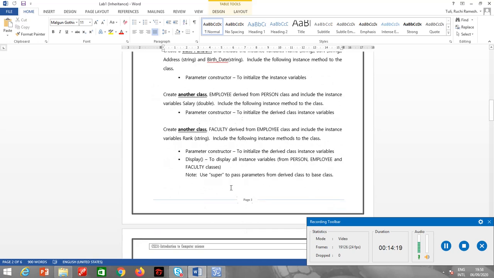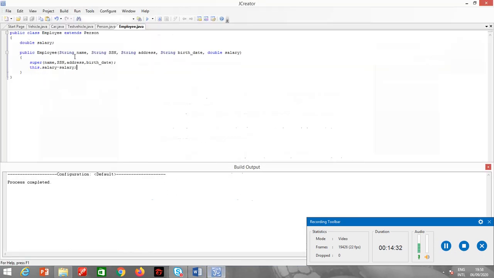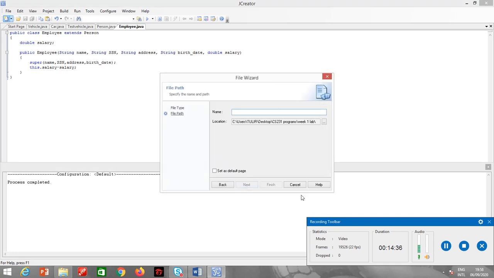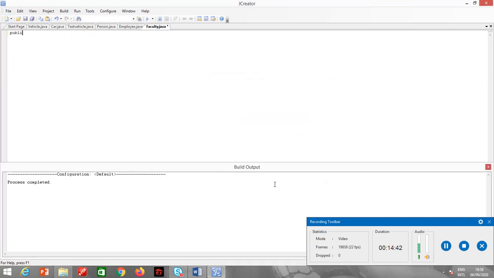Next is the faculty class derived from the employee class and include a variable of string type which is rank. So I have a faculty class now. Public class faculty extends employee.